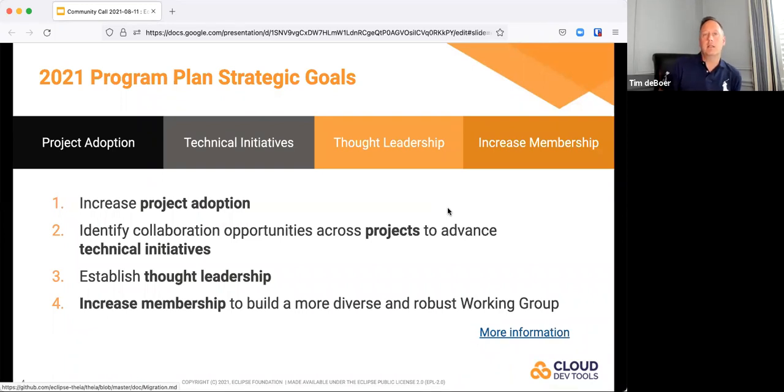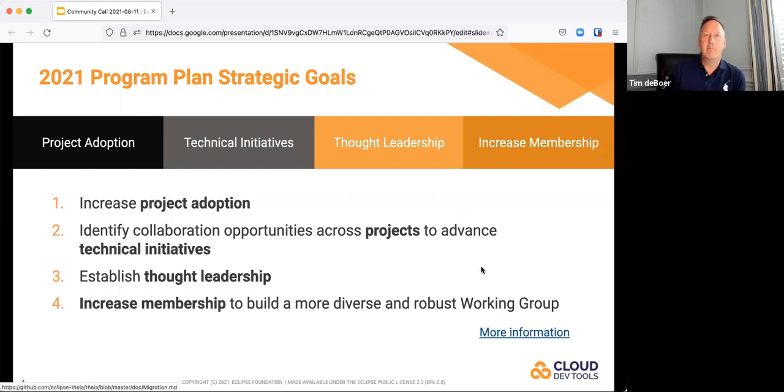And lastly, the working group is supported by our membership, the companies that are involved. We definitely want to increase that to help us move forward, do broader things, get more views and leadership from different areas. I'm not going to talk specifically about all of the things we've been doing with the working group because they're basically all going to come out in this call. From starting the SIG to running Cloud IDE Day to helping OpenVSX get started and increase. All of these things are going to be covered later on the call, so I won't go into any details now.